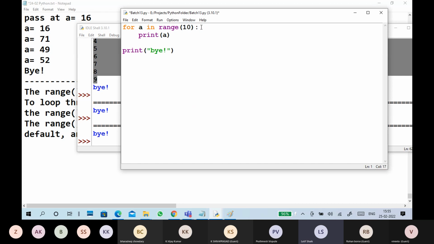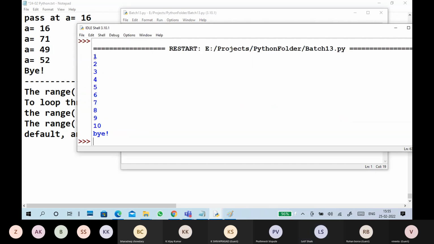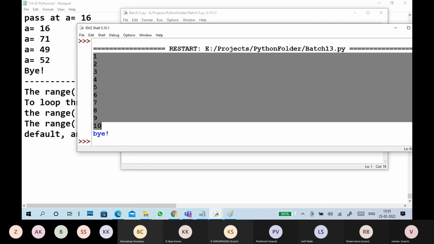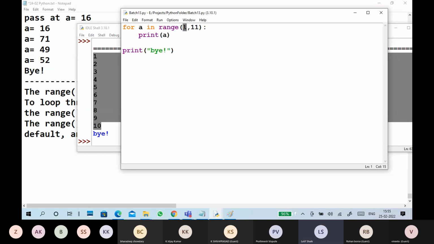For example, 1 to 11 I want to display. That means 1 to 10. Meaning is 1 to 10.